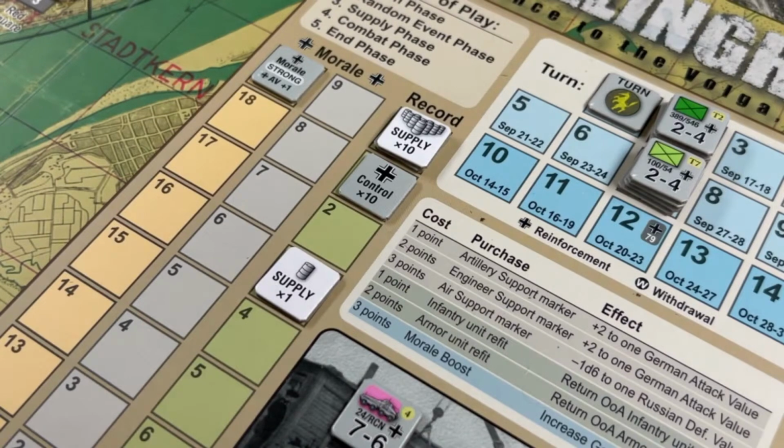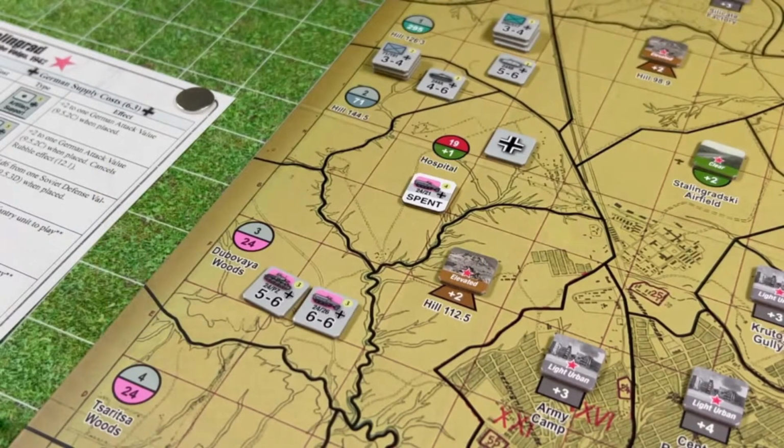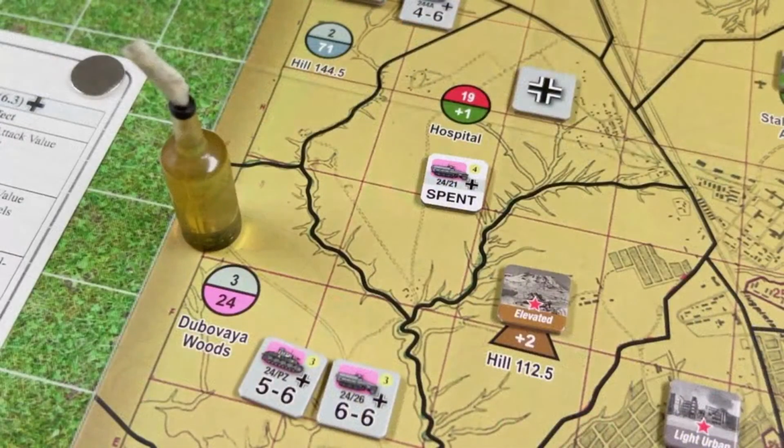Okay, so we eliminated that Soviet unit, and that was the first space that we activated, and we see it there. So now we get to activate another space, and I think what we will be doing is we will be activating this space, Dubovaya Woods, where you have the other 2 units of the 24th Panzer Division,